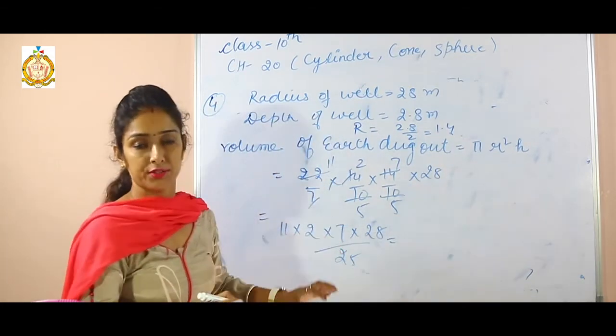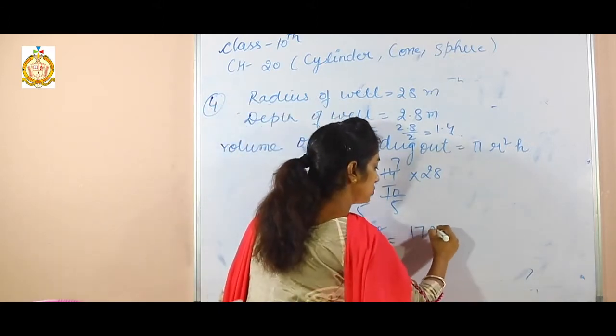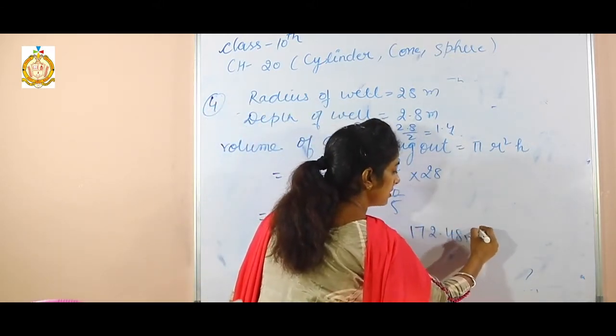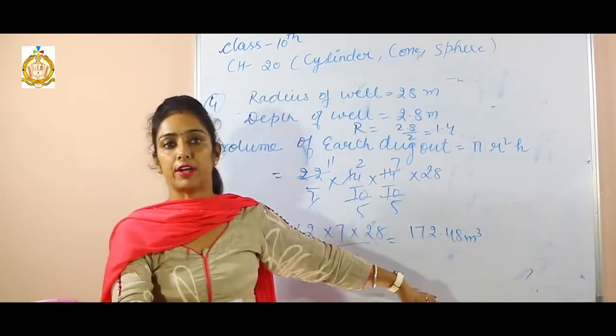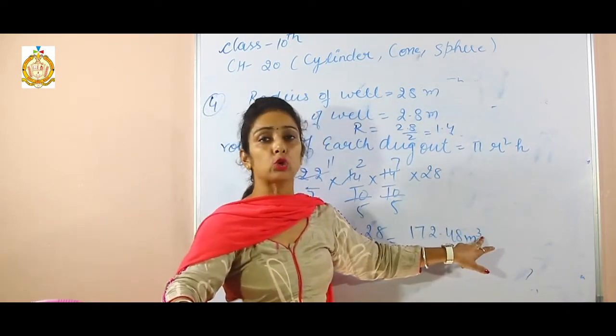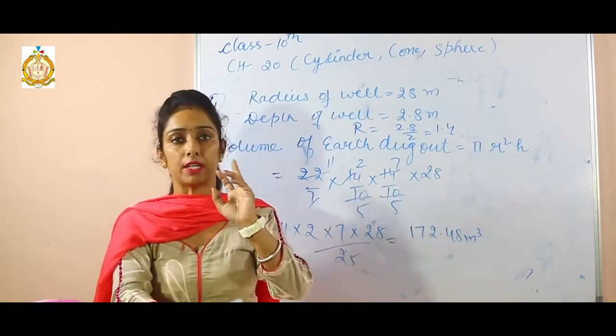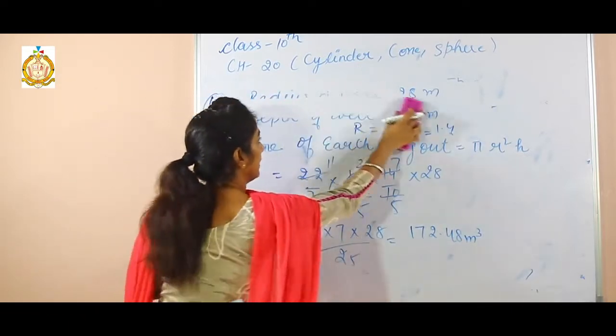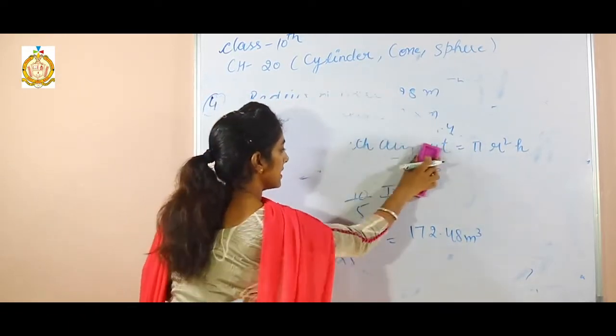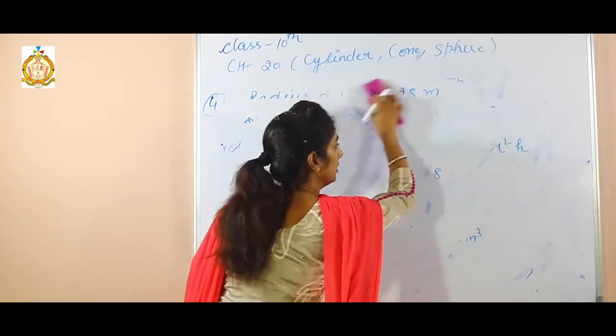After solving it, you get the answer 172.48 meter cube. Now we have to find the volume. When we find the volume, then we must put a cube here. When we have to find the area, then we put a square. Now again, area of, he said in a question,